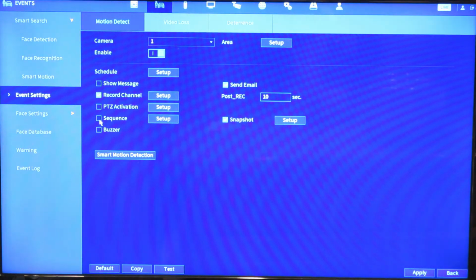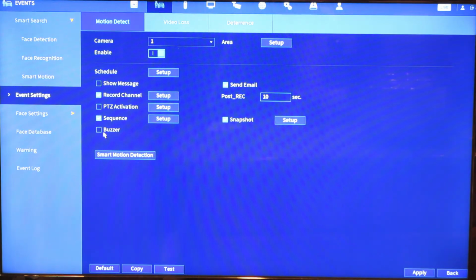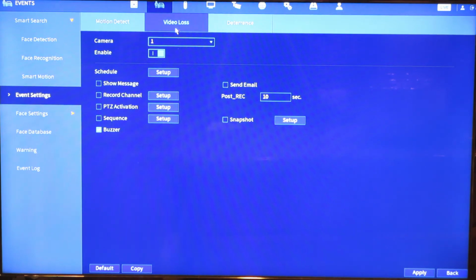Sequence allows you, when an event occurs, like on camera 1, you could actually enable this and have all the cameras start recording because of that one hit on one camera. But I record 24/7, don't need it. Buzzer, if some event occurs, it actually buzzes a buzzer in the camera so that the person knows. It's like a deterrence kind of thing. Video loss, if your camera gets disabled or turns off or something, this will let you know by an email or a picture and send you a snapshot of the problem. It'll buzz this system, the DVR system, that you have a camera failure.